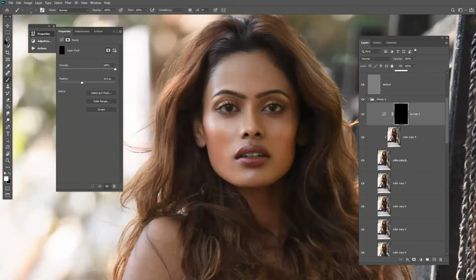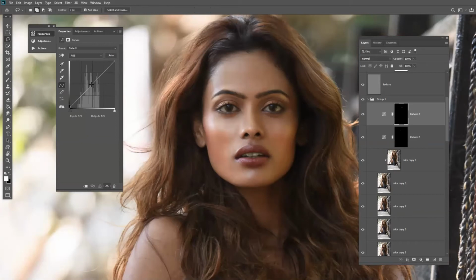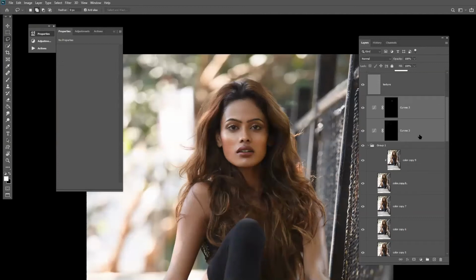Now the other way we can do dodging is just take the area, go with a nice soft feather, 10 will be enough. Now go to the curves layer, increase the curves a little according to your choice, and merge the opacity. I think around 40 is perfect for this image. So can you see the enhancement now? Let me ungroup.